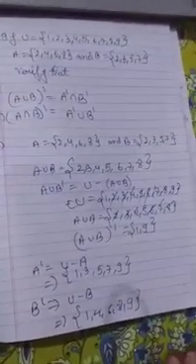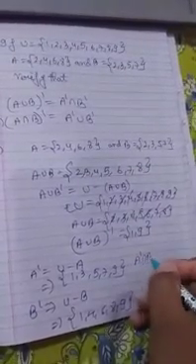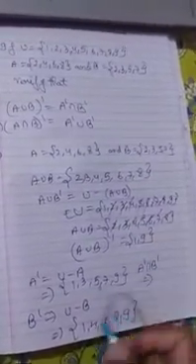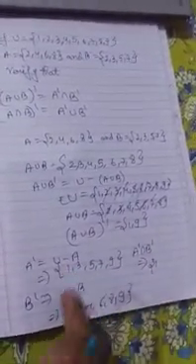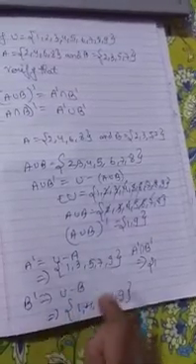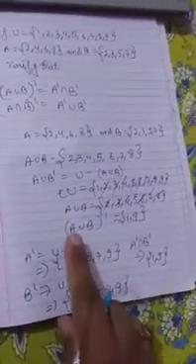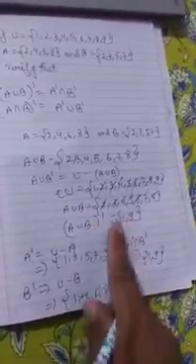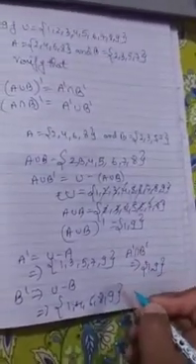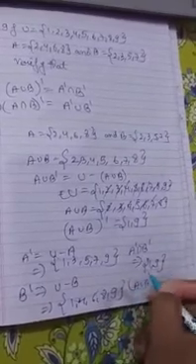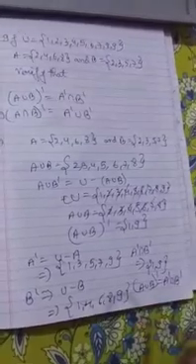Okay, now we have to find A complement intersection B complement. It means the elements which are same. So 1 is same. First of all, 1 is same, and any other? 9 is same. So {1, 9}. So let's see, (A union B) complement is also {1, 9}, and A complement intersection B complement is also {1, 9}. Therefore we can say that (A union B) complement is equal to A complement intersection B complement.